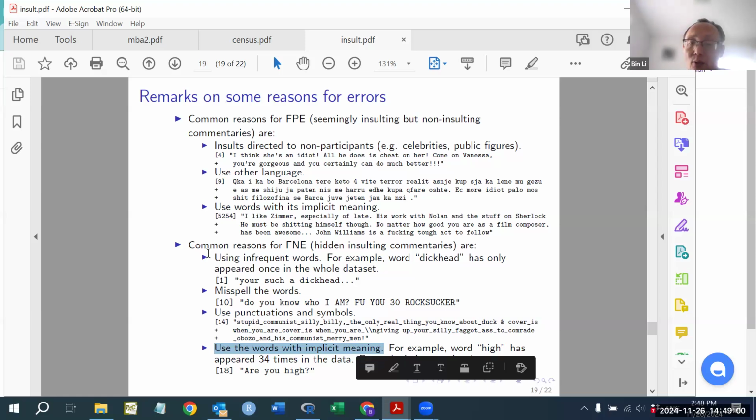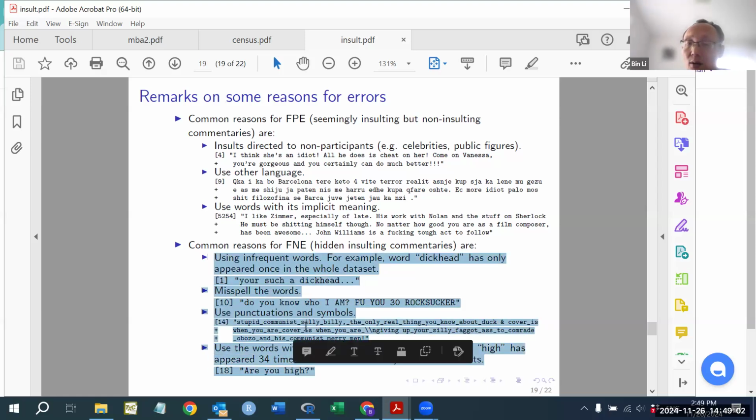So these are the main reasons for those false negative errors. I want to show you some examples. Even though the classification results may not be good, we can still find something out of it, which could be useful, which can give us some evidence and ideas that we can use to further improve our